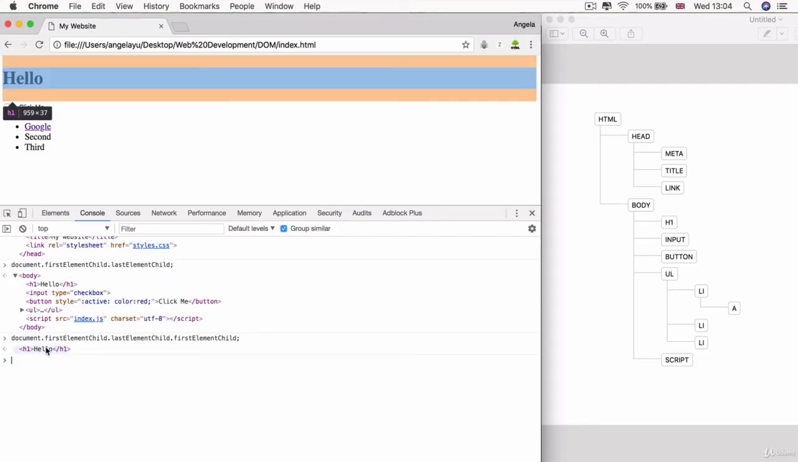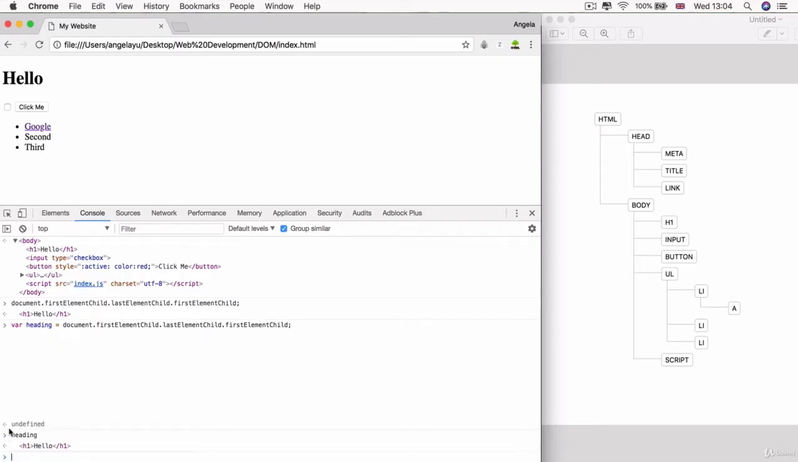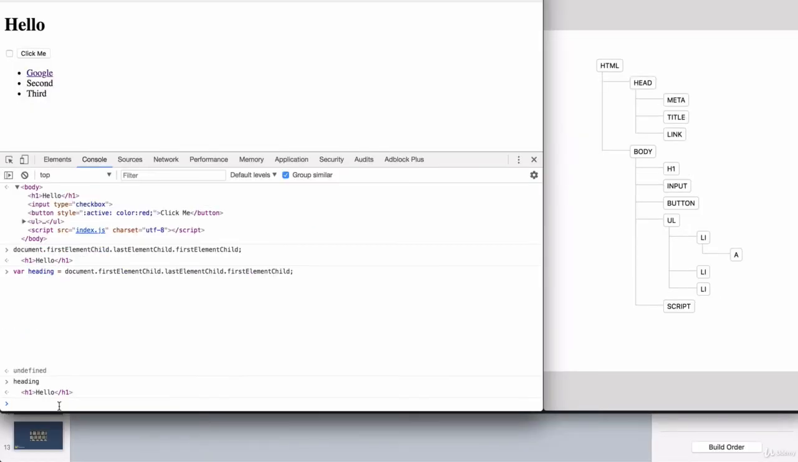So once you've successfully selected the object that you're interested in inside the DOM, then you can manipulate it. So we know that this line of code gets us to our H1. So I can simply save it inside a variable. So I can say var heading equals this object. And now you can see if I hit heading, it's pointing towards our H1. So if I wanted to manipulate that heading, then I can simply say heading dot inner HTML equals